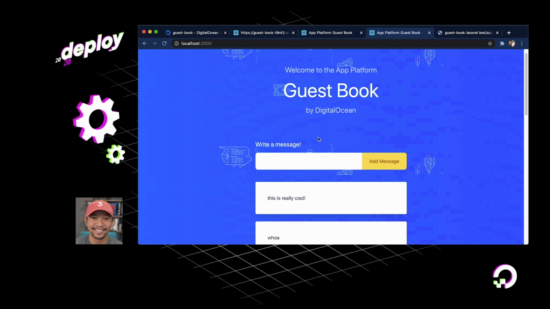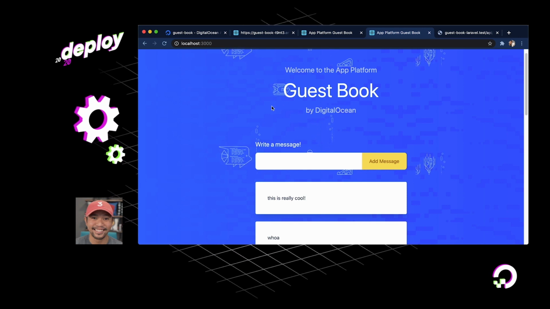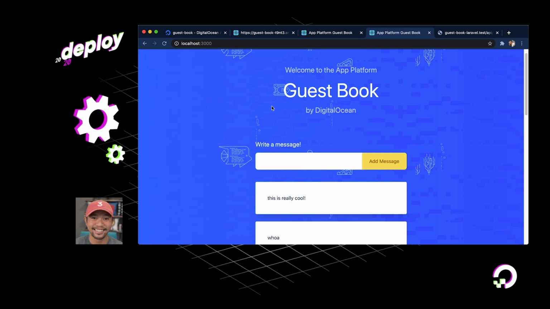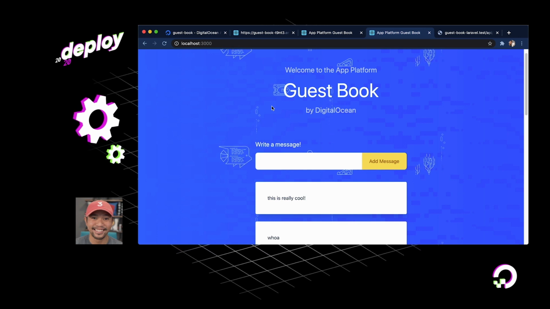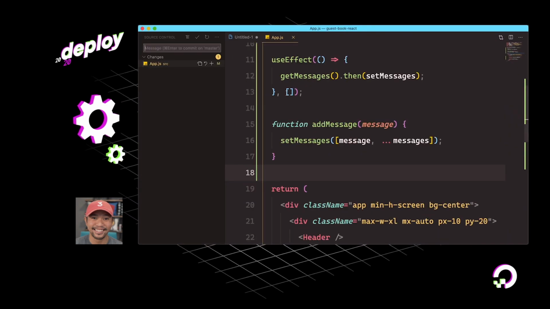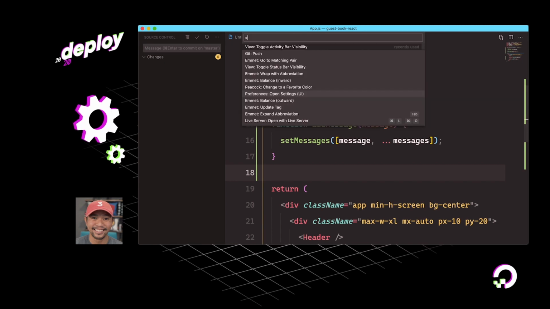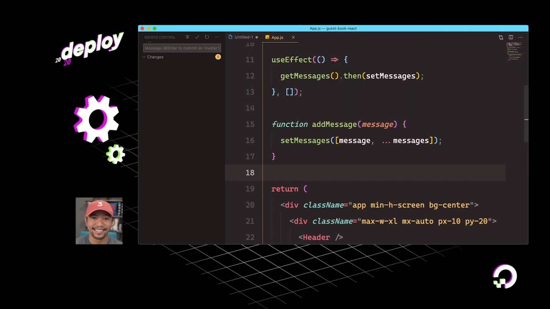The last step to all of this is I'm going to git commit all this. We'll go back into our dashboard. We'll watch that get deployed, and everything should be good. So let's go over here. I'm going to go into my Git panel and say everything is good. I'll do a push right here.